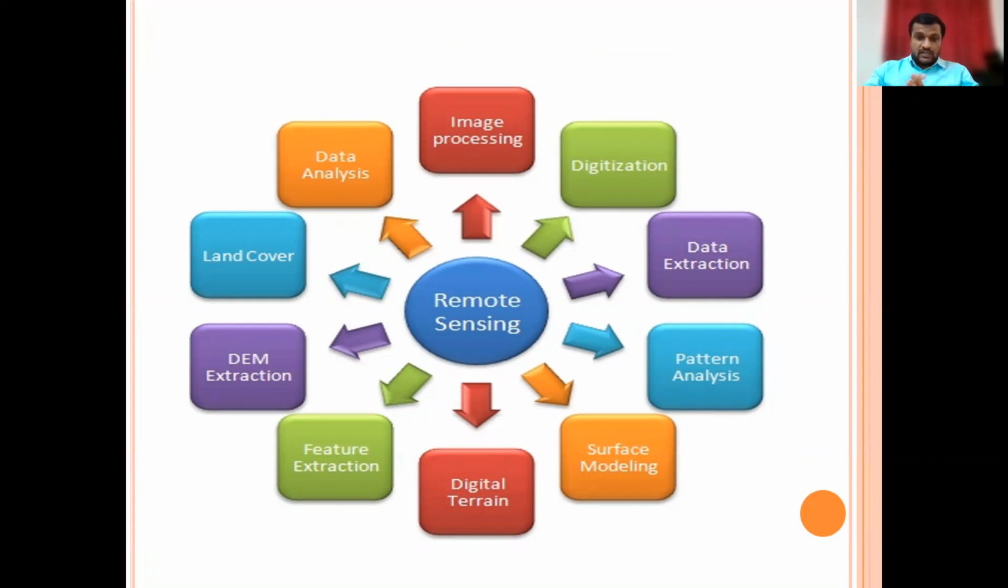We can use remote sensing data sets for surface modeling. Digital terrain mapping and modeling can be done using remote sensing, and different feature extraction can be done using remote sensing techniques. Also, remote sensing data sets can be used for the extraction of digital elevation data. A digital elevation model is a kind of data that provides us the changes in elevation on the earth surface, and remote sensing provides us the data about land use land cover over the